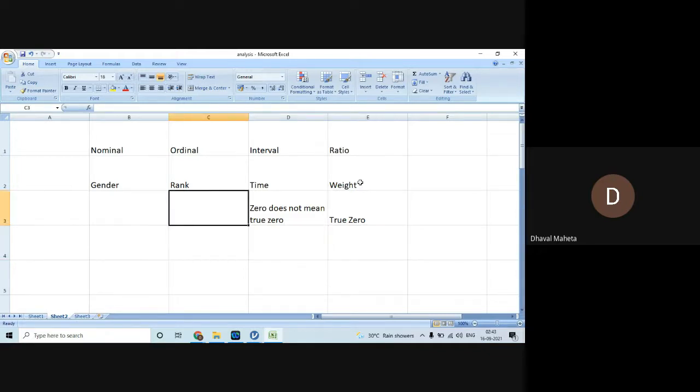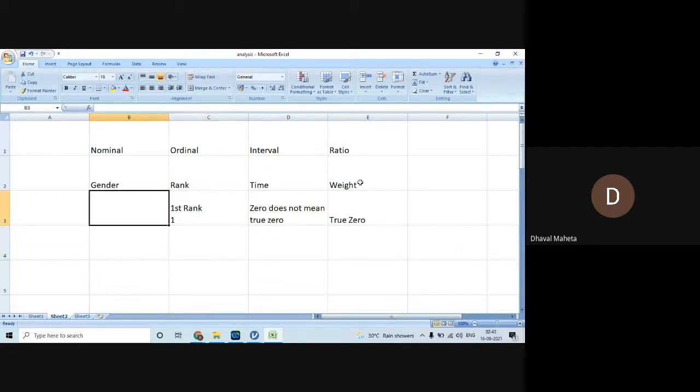In rank, if I say a student has secured first rank in the class, it talks about the commitment, dedication and hard work of the student. But if I say the student's roll number is 1, it is just a number. Assistant professor, associate professor, professor, or colonel, lieutenant, major are ordinal variables.